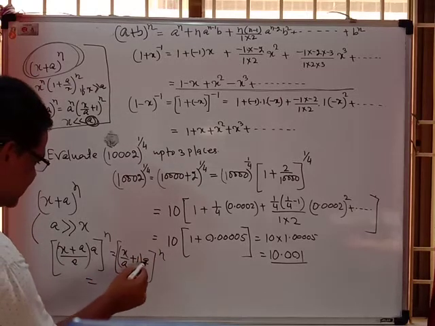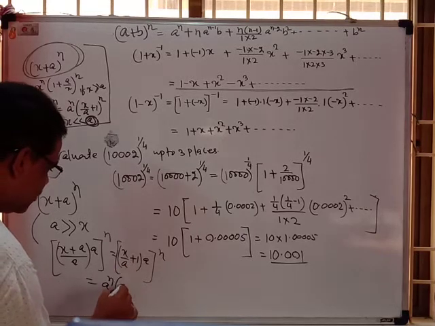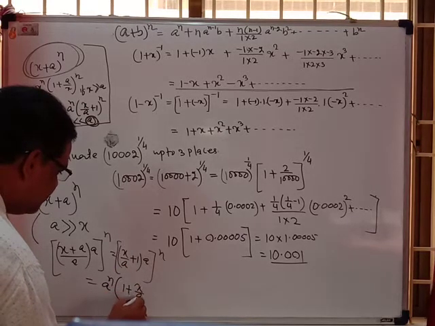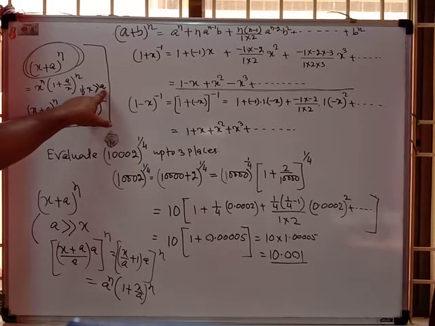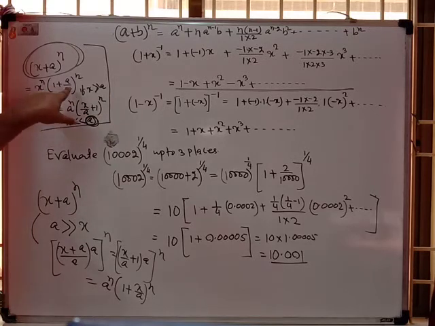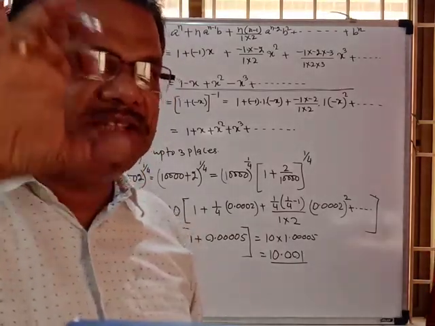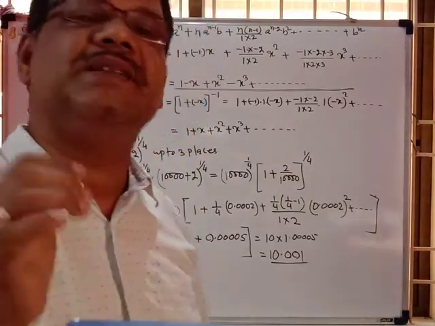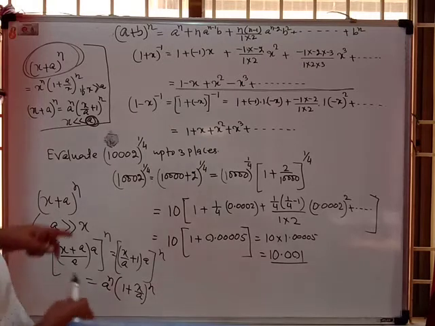So you are finding that a^n is coming out, and the remaining term is (1 + x/a)^n. Why are you doing these things? If a quantity is bigger, you divide by that quantity. Because here x is greater than a, so we are dividing x in this manner. If the denominator is the bigger one and the numerator is very small, the power of this quantity will be very small and can be neglected, and this concept is used in physics.